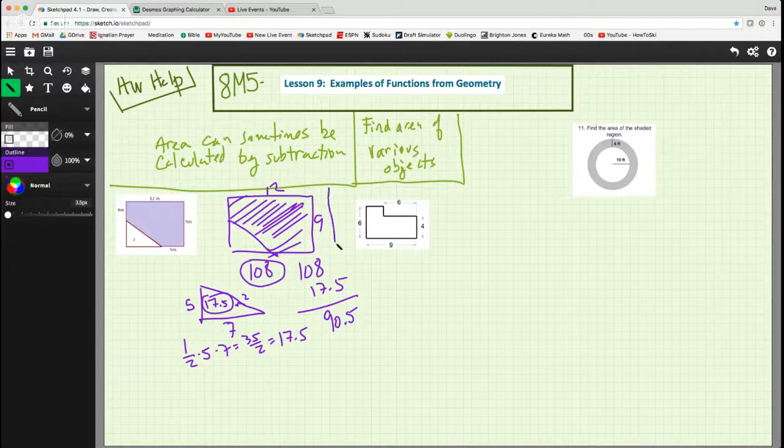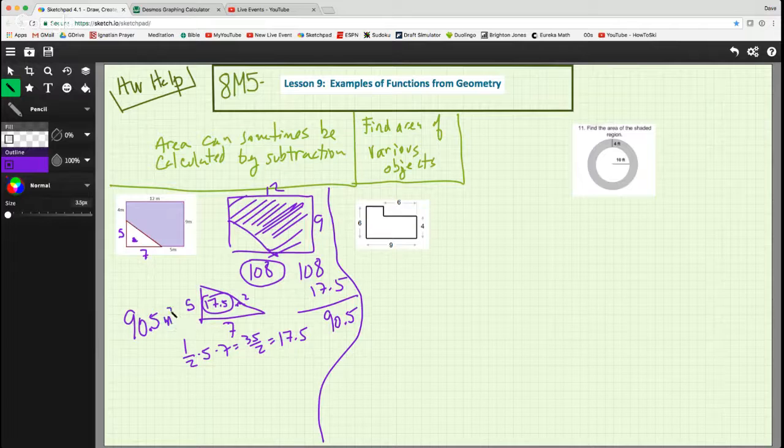Okay? That makes sense. So we kind of did this problem at the outset. It looks kind of like this. We took the big rectangle, subtracted off the little triangle, and we got